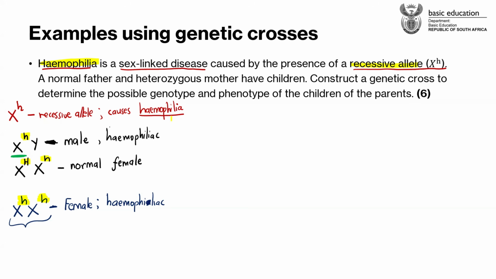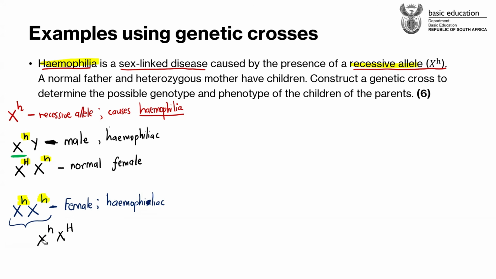So I wanted to ask something. It can be written as X with a small letter h, and X with a capital letter H? No. You always start with a capital letter. If you've got a capital letter, you start with it. So you cannot write something like this, guys. You already know that you can never write a genotype like this, where you start with a small letter and then a capital letter.